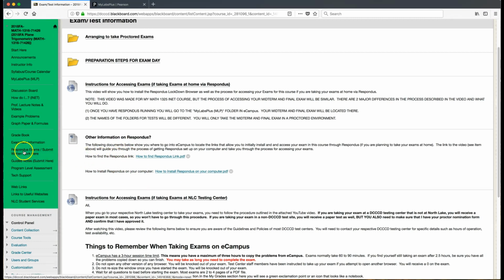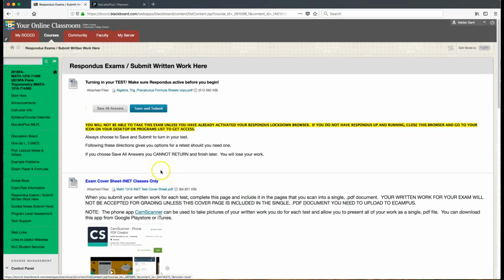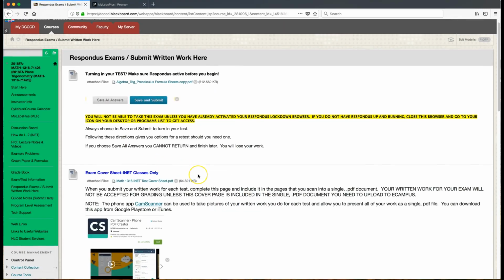In the next folder, which is the Respondus exams submit written work here, this is the place where you're actually going to access your midterm and final exams. You are also going to submit your written unit test as written work as well. Okay. Now, again, to make sure that you know the